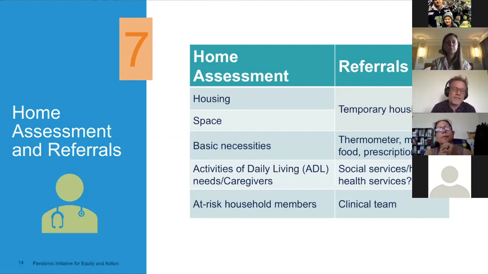So I think the key message here is that as part of that case investigation interview, it's crucial to assess what the needs are of any given individual. And I think one thing to highlight is that those needs are very diverse. Some people have medical needs. On a rare occasion, somebody might have a substance abuse issue and they need support with that in order to isolate appropriately. Somebody else might need medications delivered because they